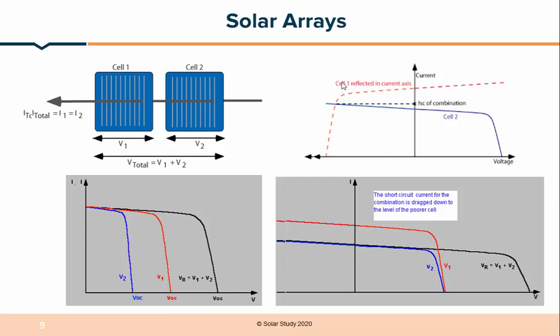Next, what is the solar array, what is the temperature effect, and what will be the mismatch, we will see here. See, it contains two cells, basically two modules also. Both the cells carry the same current. If the currents are mismatched, it will take the standard low current. Suppose I have one giving 5 ampere and another giving 3 ampere. The dominating one is 5 ampere, and 5 ampere flows through this series connection.